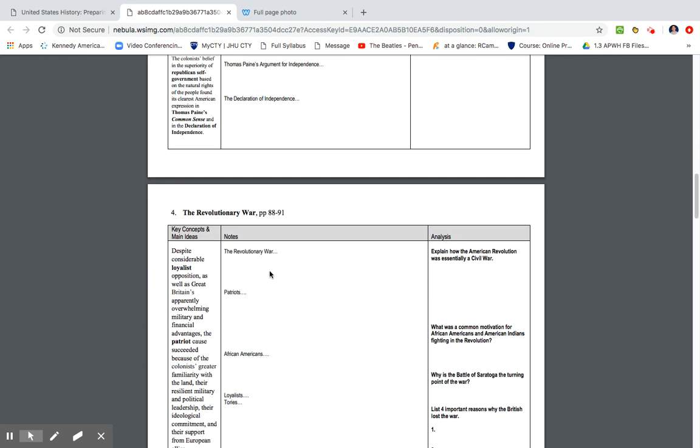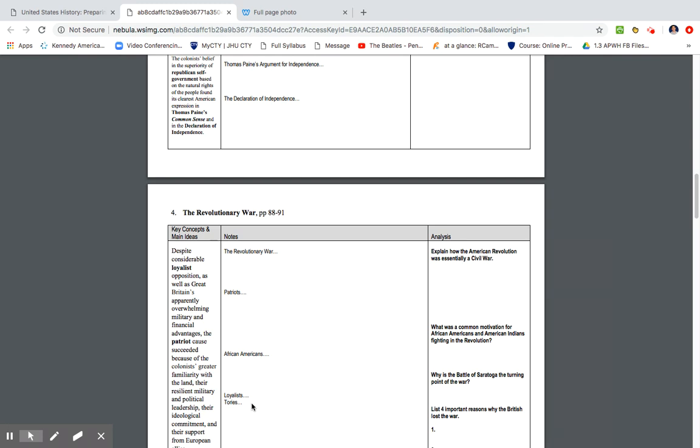So we get the Revolutionary War, which is obviously the war against Great Britain. And we're getting the Patriots. The Patriots are those that support the cause. Roughly, I want to say, 40% of the population was this. Go back and check. And you're getting 30% that were Loyalists and Tories, right? They supported the king. A lot of them are going to leave